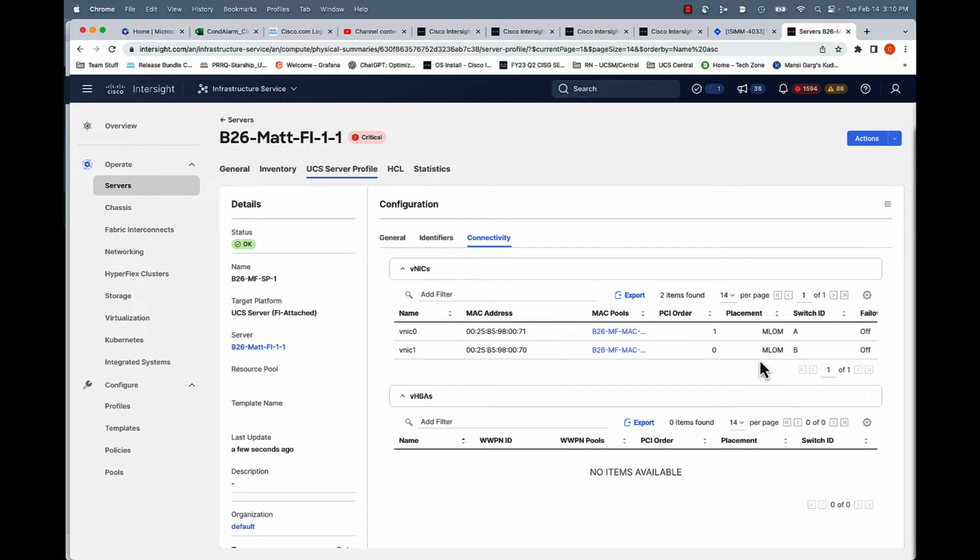It auto-picked the MLOM. That's the single card I had on there. So I had nothing to do with this right here. The system chose that. I will say if you add vHBAs with the auto placement, the vHBAs will be tacked on after the vNICs as far as PCI order. So if I had two vHBAs, vHBA 0 and vHBA 1, that would be PCI order 2 and 3